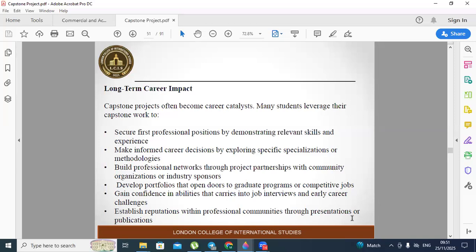excel at. They help you build professional networks through project participation and partnerships with community organizations, industry sponsors, or research teams. They provide portfolio material that opens doors to competitive graduate programs or selective employers. They develop confidence in your abilities that carries into job interviews and early career challenges,